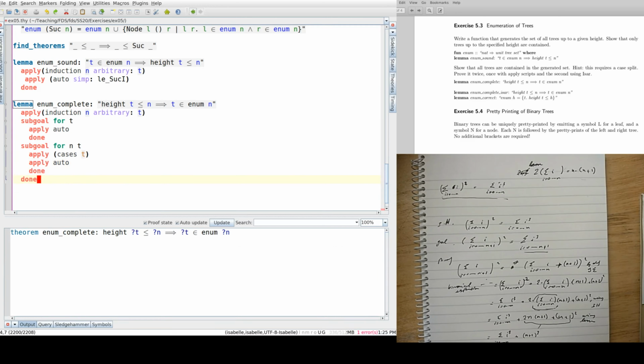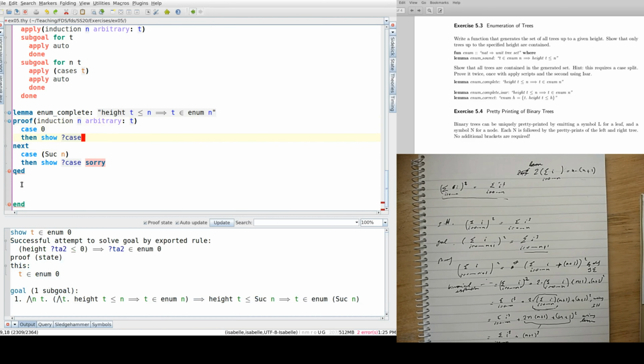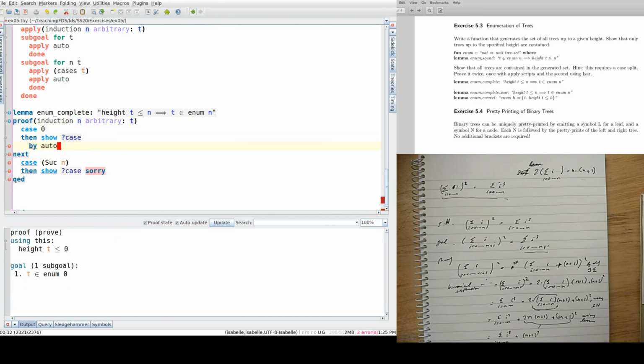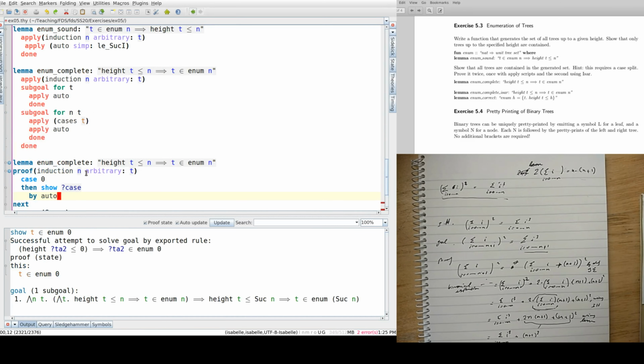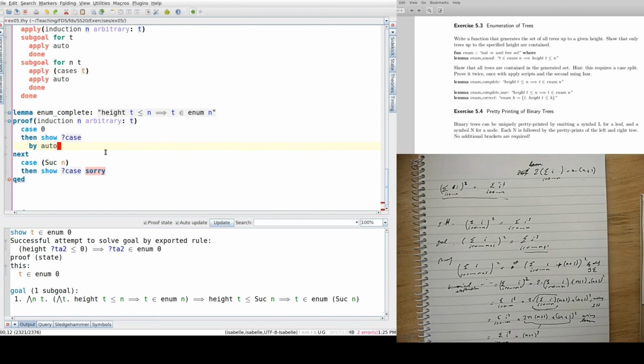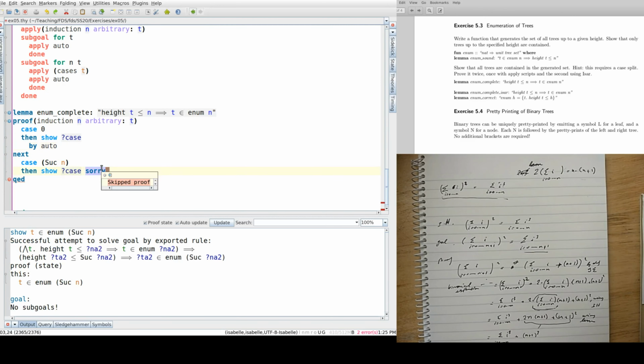So now we'll show you how to do that same proof, but in Isar. Okay, that's an extra exercise. Okay, so you have proof, induction. Okay, and then this is the template that comes out of induction. So the first case is equivalent to the first sub goal, and the second case is equivalent to that sub goal. Okay, so here again I want to do it by cases on t, so we can just say apply